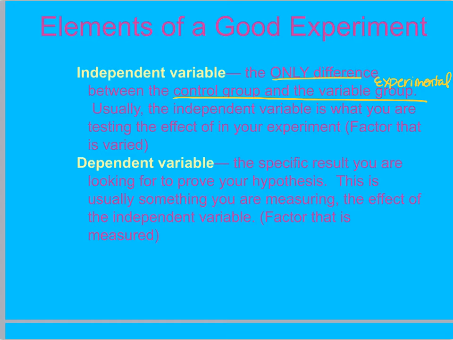So that's what changes, what's added, what's extra. Okay, I'm changing the amount of fertilizer, I'm changing the amount of oregano. And then my dependent variable is my result, what I'm measuring. Your results are measured, right? Okay, so this is usually something you're measuring, and it's going to be caused by the effect of the independent